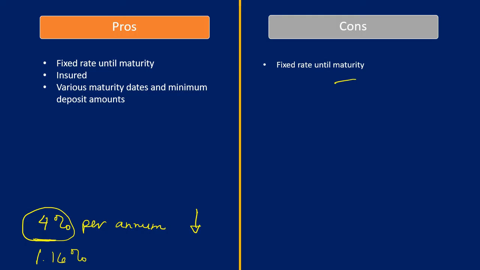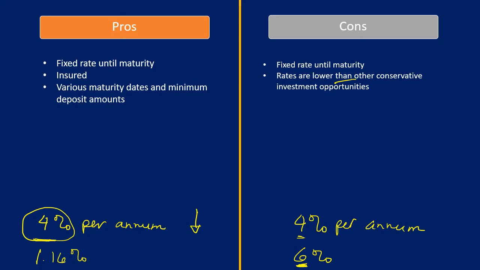But what if the economy starts to improve? Let's say that the economy improved so much that the current interest for time deposit is now 6%. So you have a loss here because instead of getting 6%, you are only getting 4%. That's why having a fixed rate is both an advantage and a disadvantage. All right? Next,